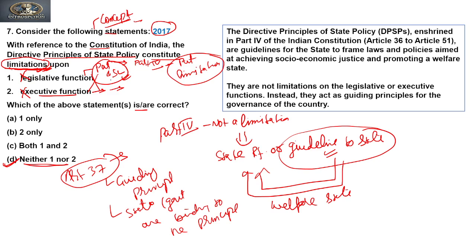Clear? So it is not imposing limitations on anyone, it is a guiding principle, a kind of guideline. So by looking at the word limitations we can directly come to the answer that it is not imposing limitation on anyone. Clear? So this can be answered without referring to the statement, just through the nature of the question, if we are in a position to identify the keyword, that it is not a limitation on anyone in any sense, and because it is providing guidelines to the state, sometimes this Part 4 is known as a positive right,